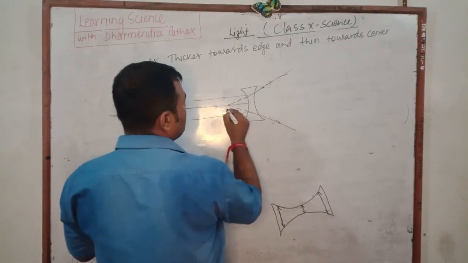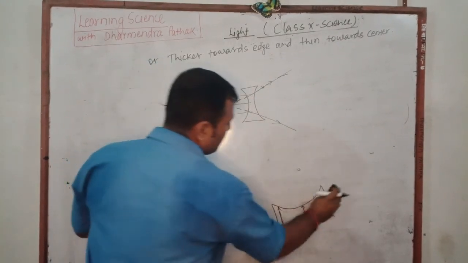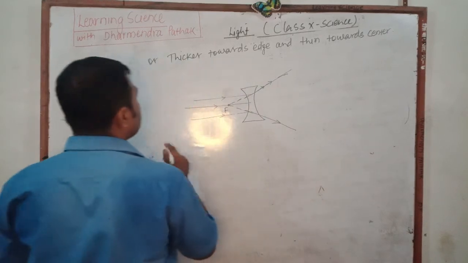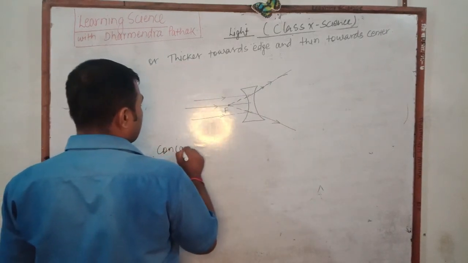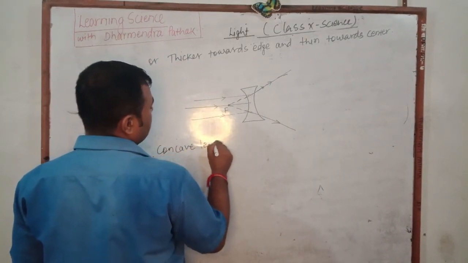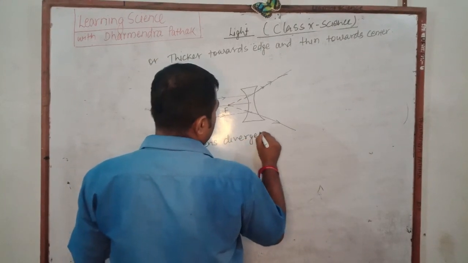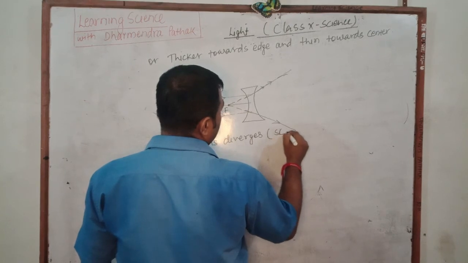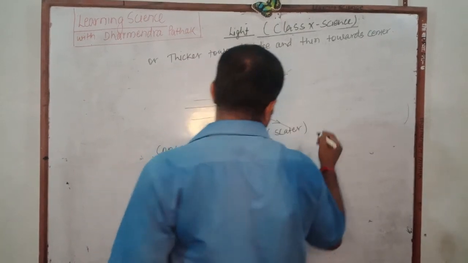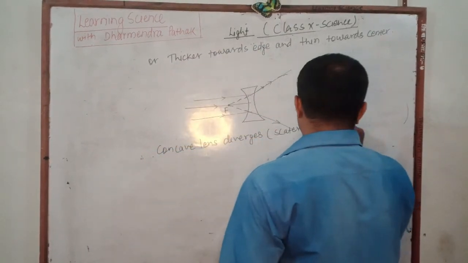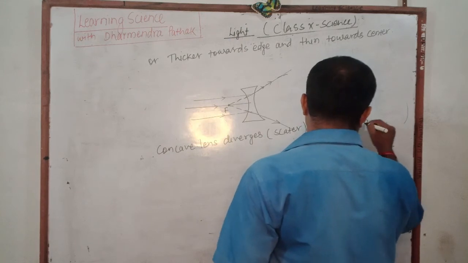Therefore, it is known as what? Diverging beam. And here we write, concave lens diverges, or also it is called scatters, a parallel beam of light